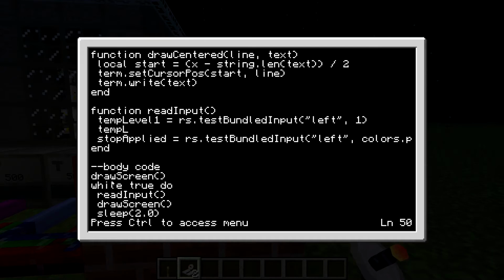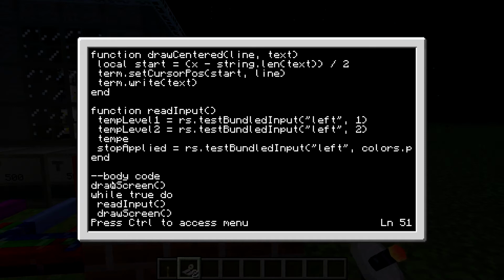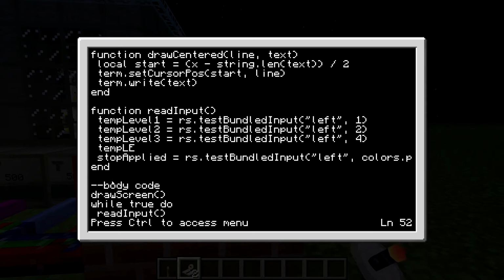Temp level 2 equals redstone test bundled input on the left side, and the next one is 2. Temp level 3 equals redstone test bundled input. It's still on the left side, and this time it's 4. Temp level 4 equals redstone test